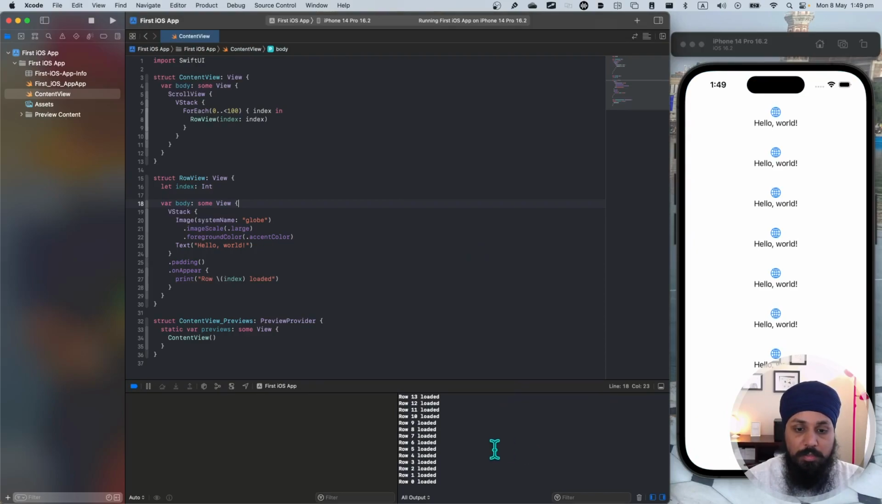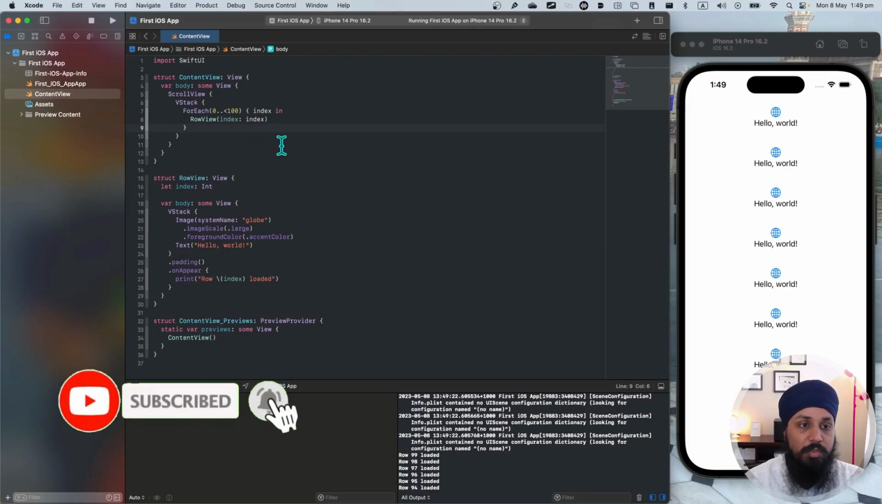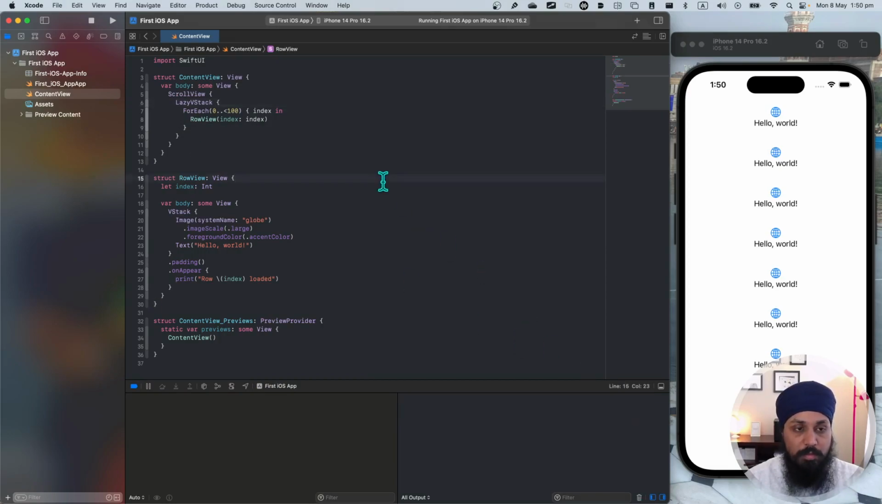As you can see, it has loaded all of my elements, all the 100 elements already. This is a simple image and a text. It doesn't hurt the performance, but if you have thousands of images which are not just SF symbols but heavy, with a large amount of data in each row, then this might impact the performance of your app. So what we want to do is use LazyVStack, and then if we run the app again,